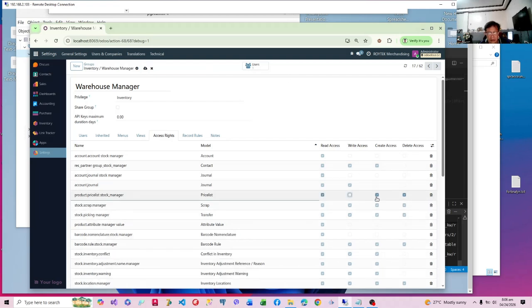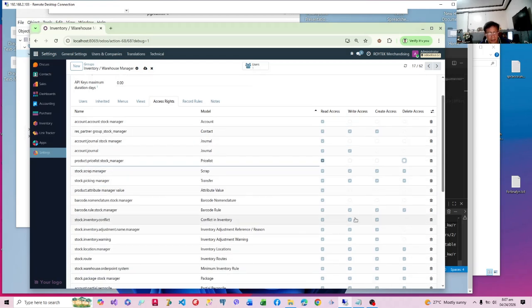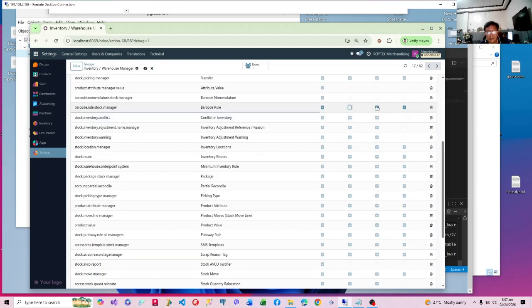Now the product list, also read only. The scrap, maybe we can give him. The stock picking manager should be full access because he's going to transfer stocks. The barcode nomenclature, read only. Barcode rule, we'll just remove that. Okay, and then conflict inventory, it's okay because you can make a reporting.